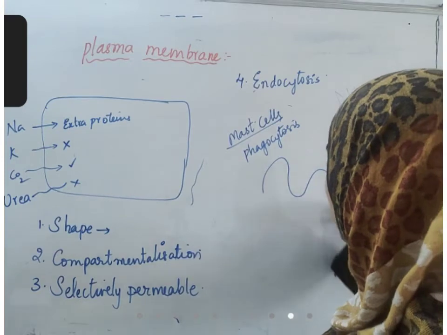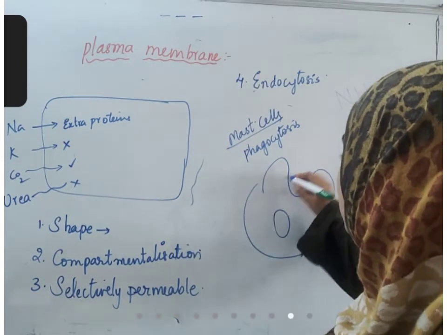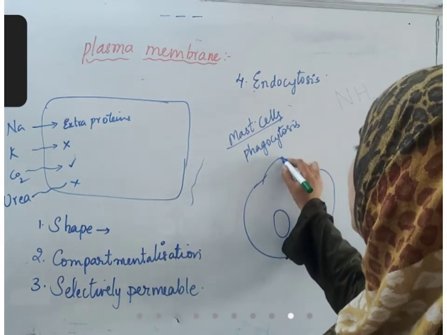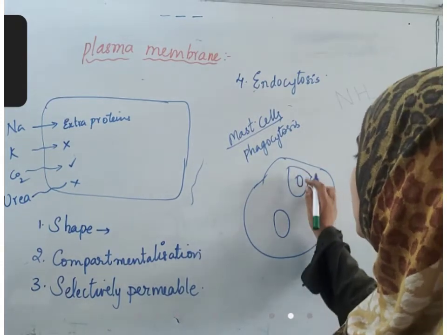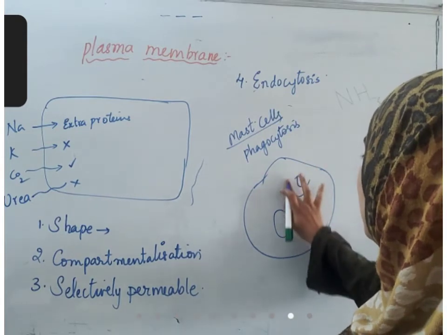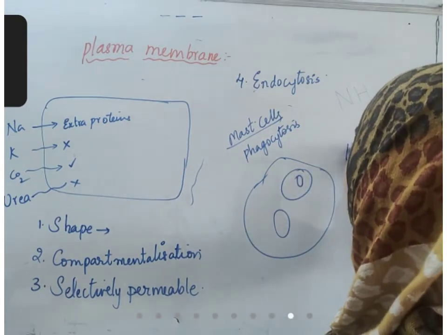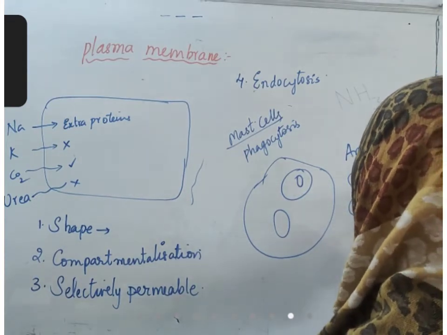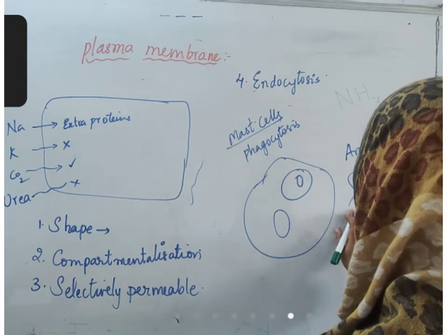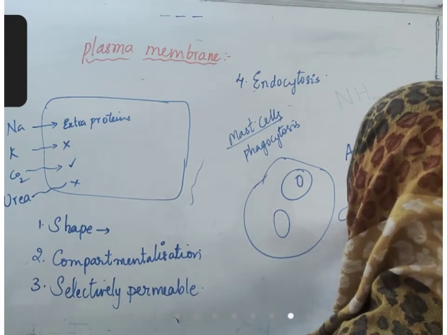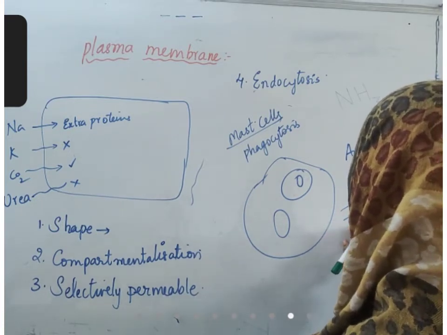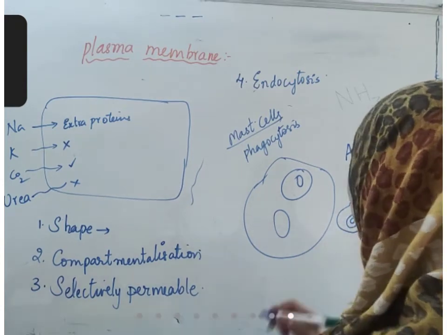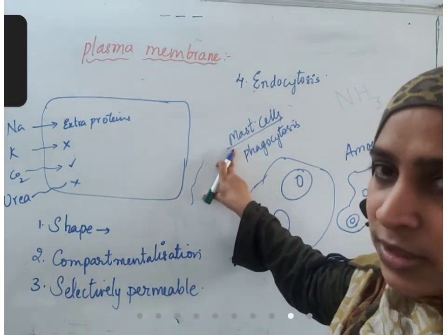They change their shape, they produce pseudopodia. Whenever they should engulf any particle, the plasma membrane will fuse like this, and the particle moves inside the cell. This method is already seen in the nutrition of amoeba. Whenever amoeba wants to eat food, it develops some pseudopodia. It takes the food particle inside when the plasma membrane fuses like this, and here the food vacuole is formed. The same thing happens in all the mast cells of our body.